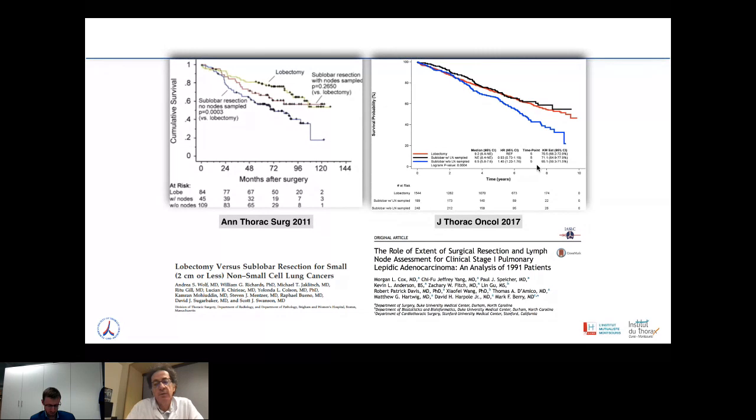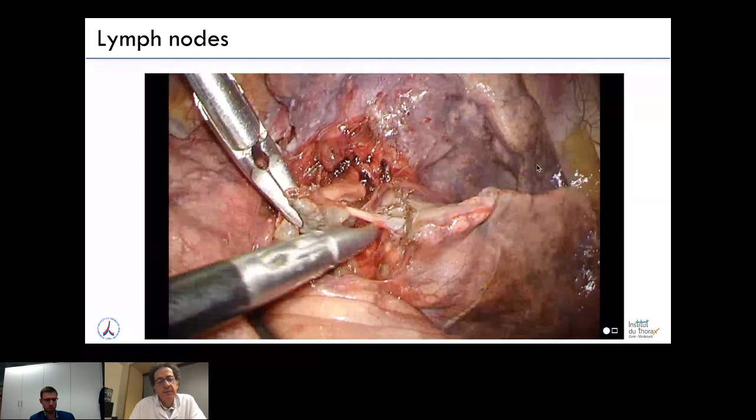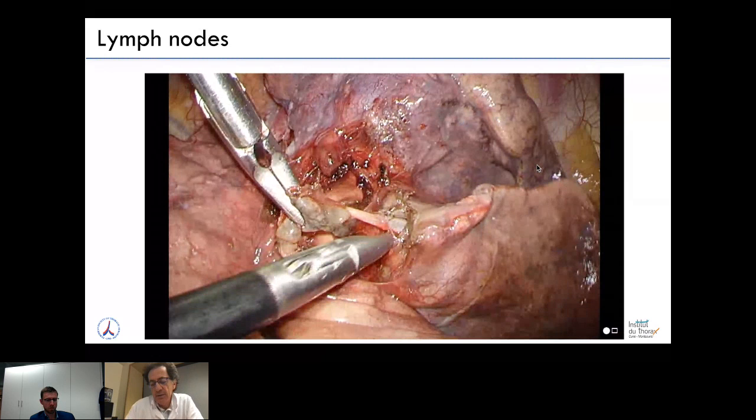You see that in black is sublobar with lymph node dissection, in red lobectomy, and in blue segmentectomy without lymph node dissection. So for this, I think that an energy device like this bipolar, which can be either NSIL or Sonosurge, not Sonosurge, the one of Medtronic,